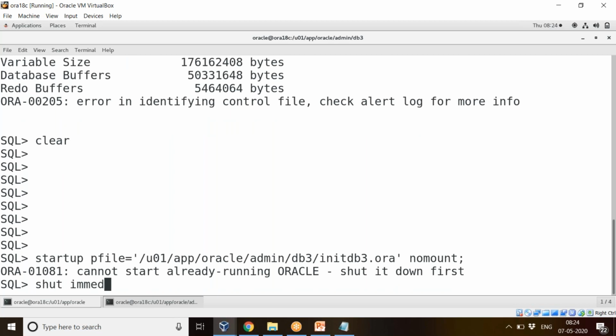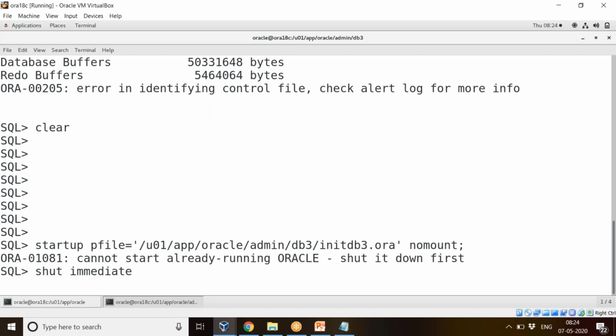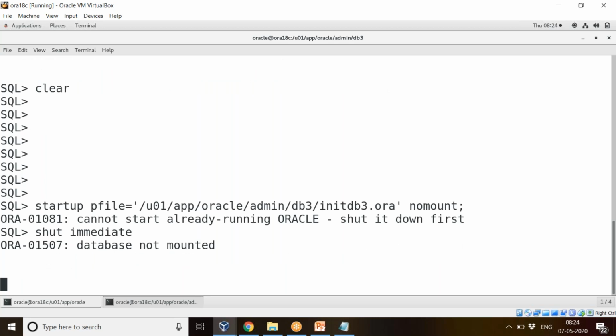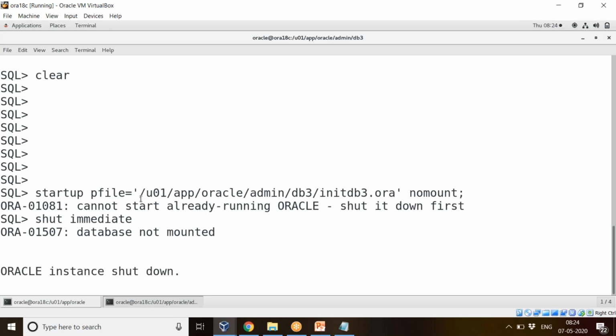First I have to shut down, shutdown immediate. So we should know what all the errors it throws and how to troubleshoot each and everything. If I don't give nomount while creating the database for the first time, it will throw an error like this only.